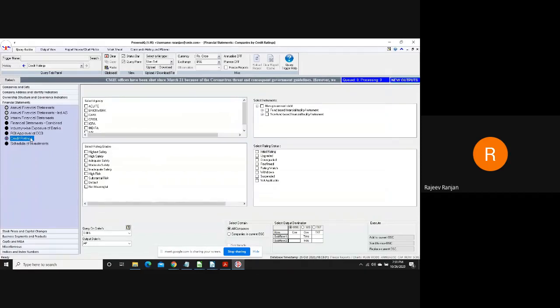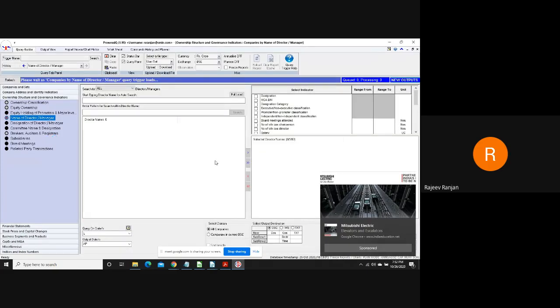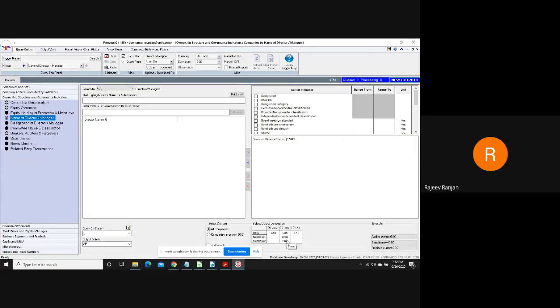Another worksheet option is the directors information, because a company can have multiple directors. Before running this query, let me also show you the section, say if I'm looking at the name of the directors and managers or committee name and the designation. Here also a company has multiple directors, and hence the data would go into the worksheet. It will arrange the data with respect to the company, all the directors and the timeline, and then the next company and all the directors and the timeline.